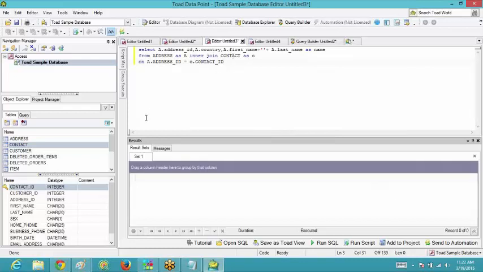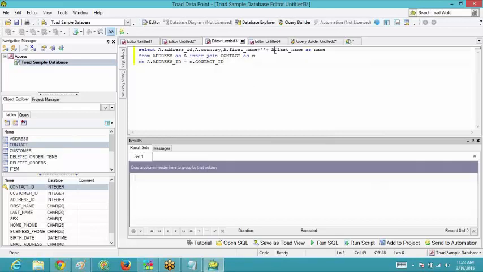Kavita, the first name and the last name are not from the address table, you see? They are from the contact table. These columns, the first name and the last name, are from the contact table.